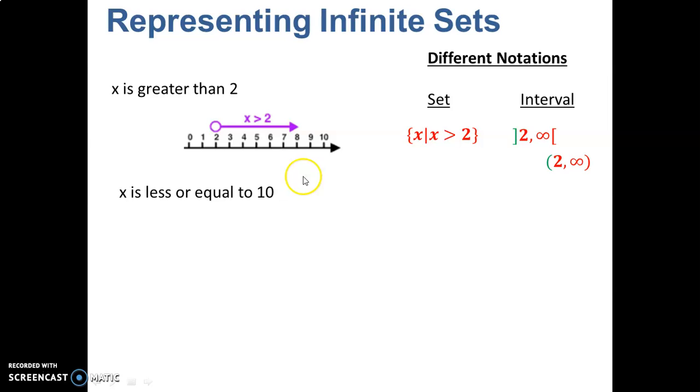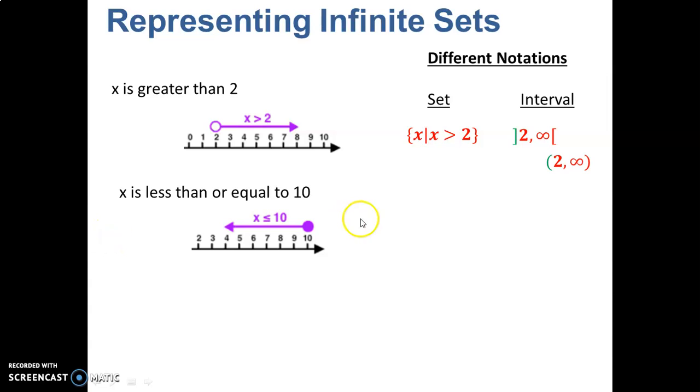Let's look at another one. We have x values less than or equal to 10. If x is less than or equal to 10, we can represent it like this on the number line. We go from 10 and below, less than or equal to 10. Notice now this is shaded. It means we can include 10 as one of the possibilities for x. And that's what this says here, less than or equal to 10. So x can be 10 or any number lower than it,